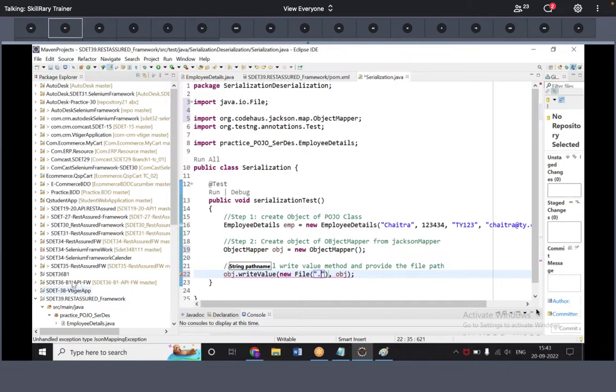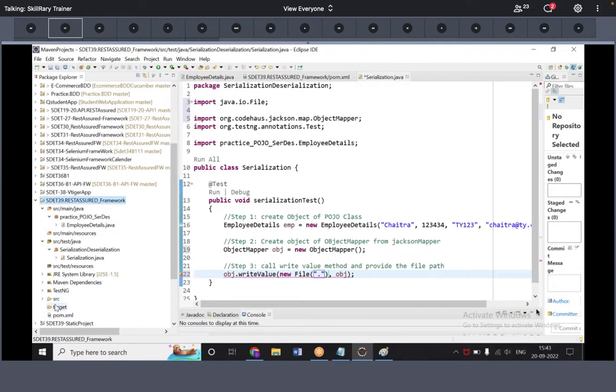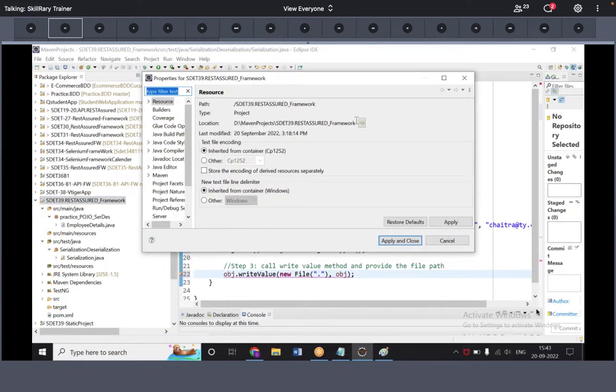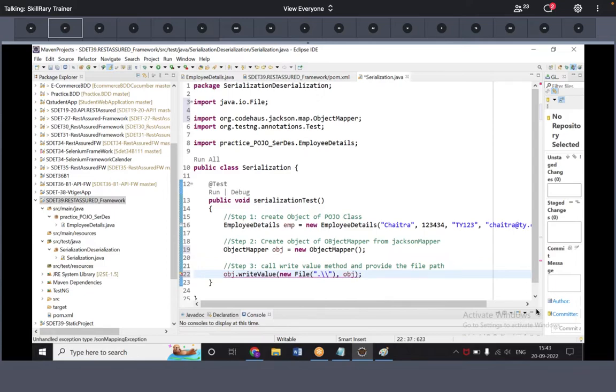Where do you have to go? What you can do is, either you want to create a folder, you can create one, or simply go here, go to properties. It is coming until the project. So directly give dot, then double slash if you are using backward slashes, or a single slash if you are using forward slashes. Just give